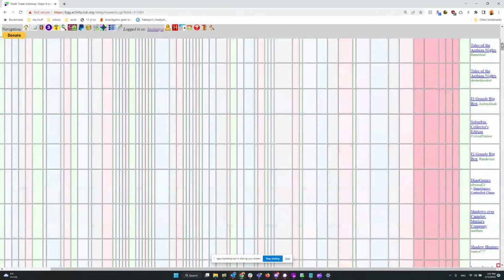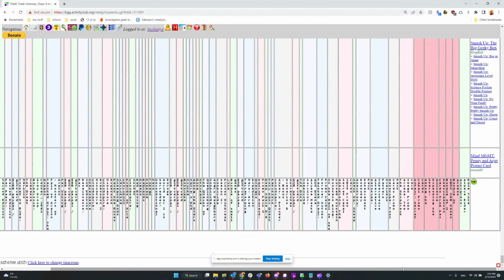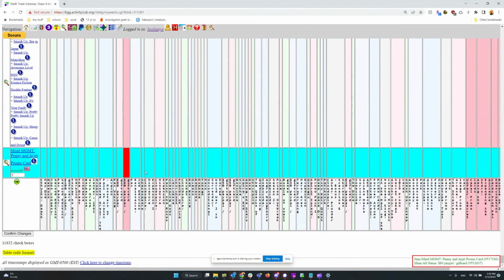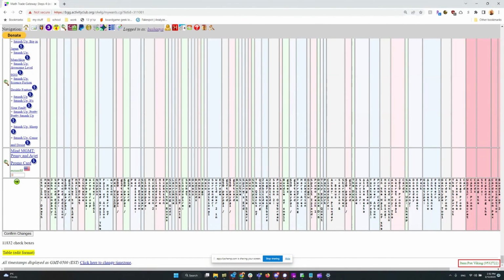There isn't much to say about the grid except for what I mentioned. The one thing that I want to show is, for example, if there is an item that I want to remove completely. Let's say there was a mind management promo card. Initially, I wanted it, and then I changed my mind. You don't actually have to remove anything. You could just make sure that nothing is checked here, and that item, you won't get it because you didn't